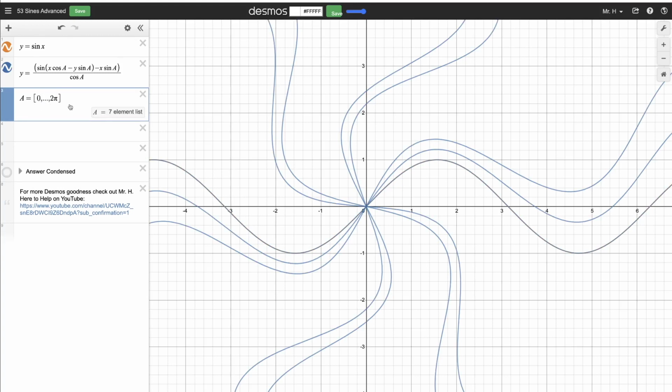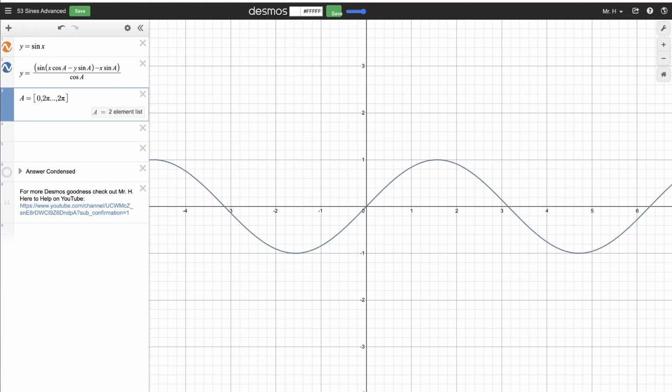Oh, that's a neat looking graph, but what this is going to do is go by ones initially. It's going to say go from 0 to 1, 2, 3, and so on. So that's why I only have these. But what I'd really like it to do is go by increments of 2 pi over 53. So let's say 2 pi over